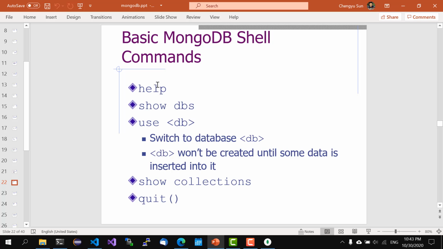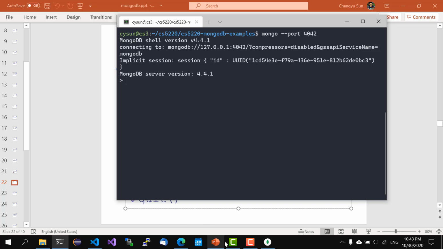So there are a few basic commands that you would want to use if you use the MongoDB shell, like help to get the list of commands available, show dbs, switch to a database using use, and show collections in the database. So we can do, for example,